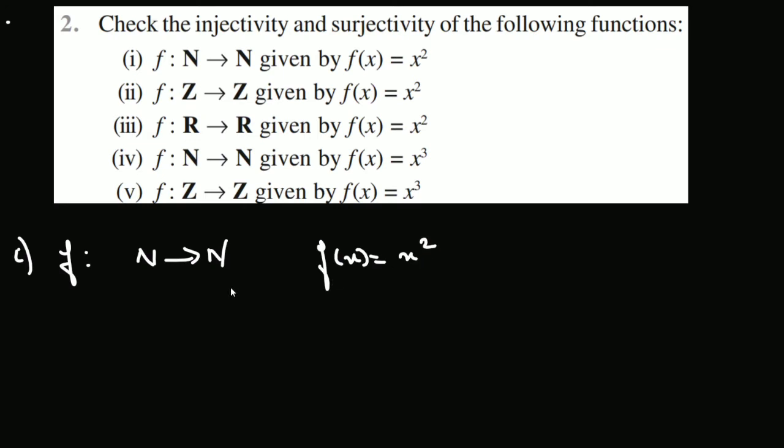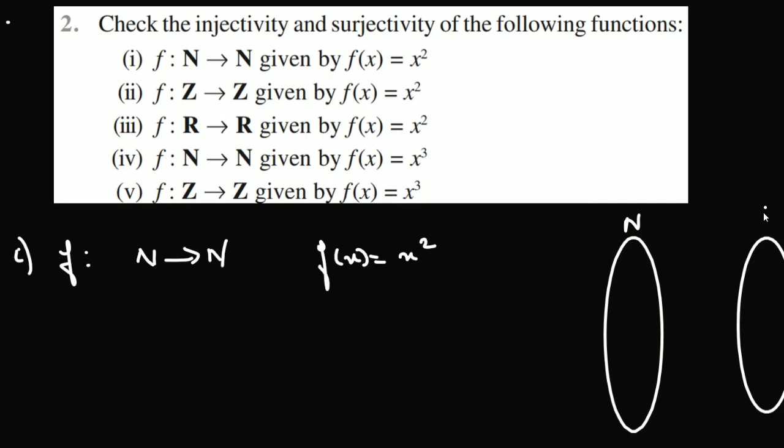So how do you prove is this 1 to 1? It is from the set of natural numbers to natural numbers. So it is 1, 2, 3, etc. If you take 1 square is 1, 2 square is 4, 3 square is 9. So it goes like this, and it is very clear that it is 1 to 1. You can draw the diagram and check. 3 square is 9. We cannot have 3 square is plus or minus 9. No. So the function is 1 to 1.